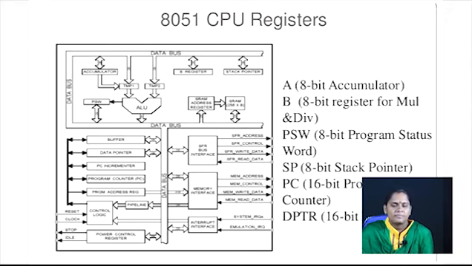The next is address specification. Whatever program we are executing, we need certain address specifications for each and every operand or output or main memory, whatever it may be. We need to know the address of the individual data, and that is stored in the central processing unit functional block.